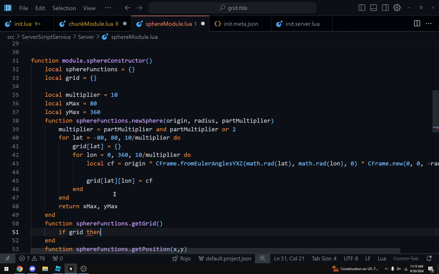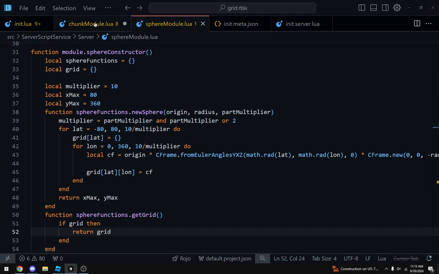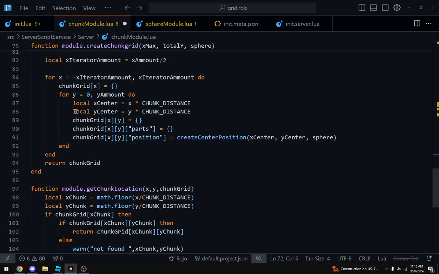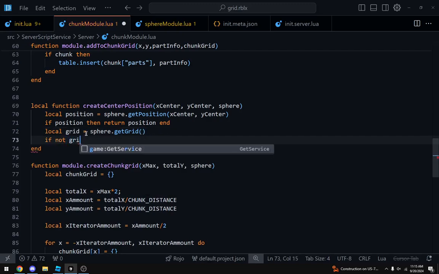Do if grid, then return grid. Okay, that's a pretty simple module, and we'll do local grid equals sphere dot get grid. We do if not grid, then warn no grid found, return nil end.